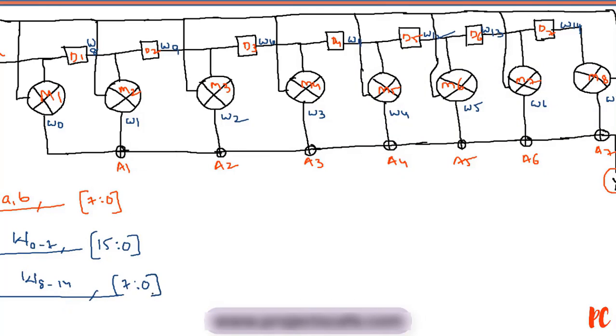Now coming to the addition operation, I am assuming the output of this part to be W15, W16, W17, 18, 19, W20. I can take the wire again here, but it is then connected to the output, so I do not need to take the output here. If you could observe here, the output of W15, for which the input is coming from here and here as well, is going to perform the addition operation.